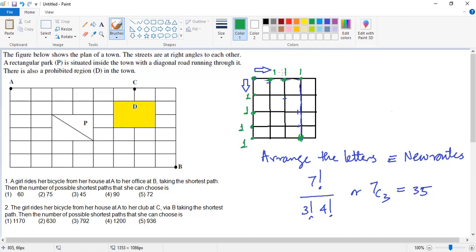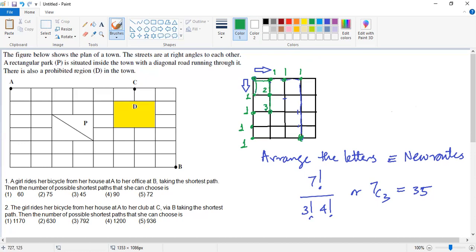Now let's try to figure out how to reach here. This point is a connection of this and this. So for the two nodes from which you reach that point, add up the values of those two nodes. The node on top is 1, the node below is 1, so they add up to 2. Check, there are two routes. And similarly, if I want to find this, then it connects this one and this one. So 2 and 1 add up, they're 3. Verify whether there are 3 routes or not.